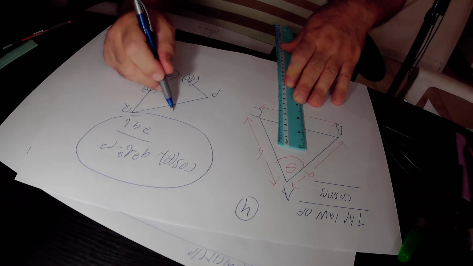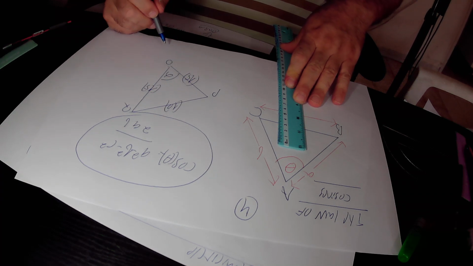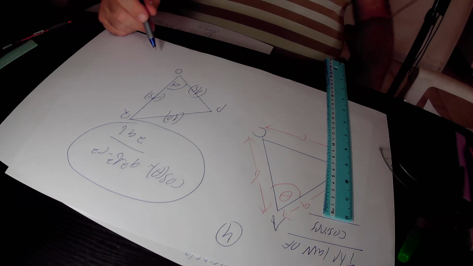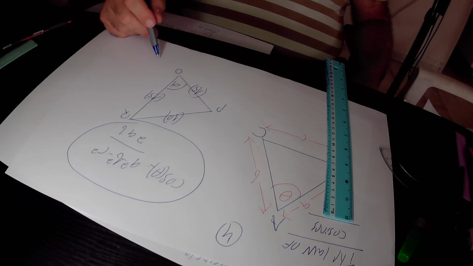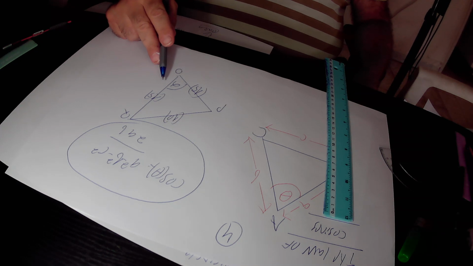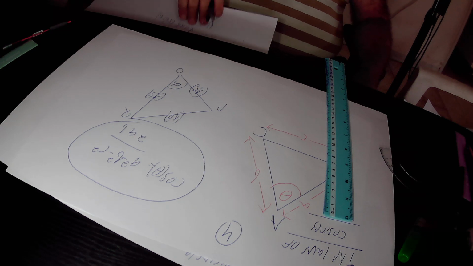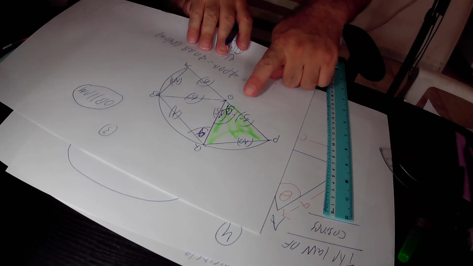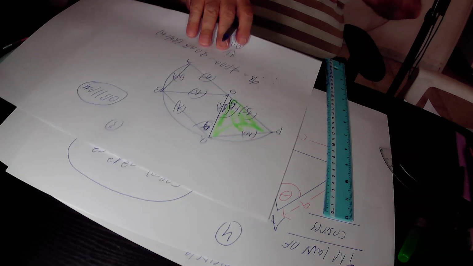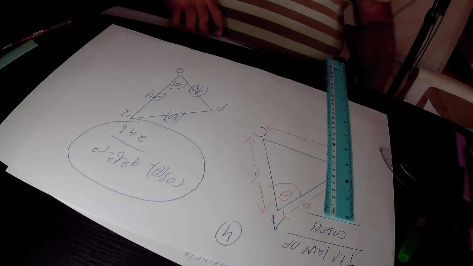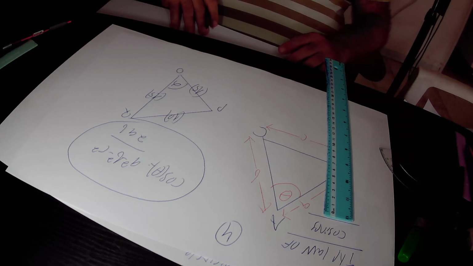PQ equals 10 units in its length. This is angle alpha. So this is the green triangle OPQ according to the original drawing. So in this triangle OPQ, according to the law of cosines,